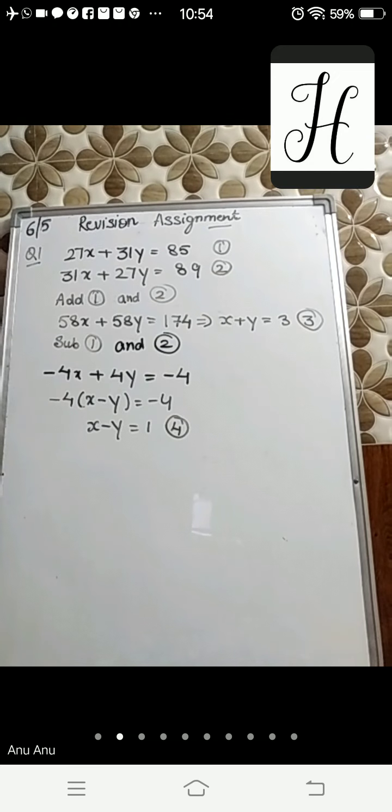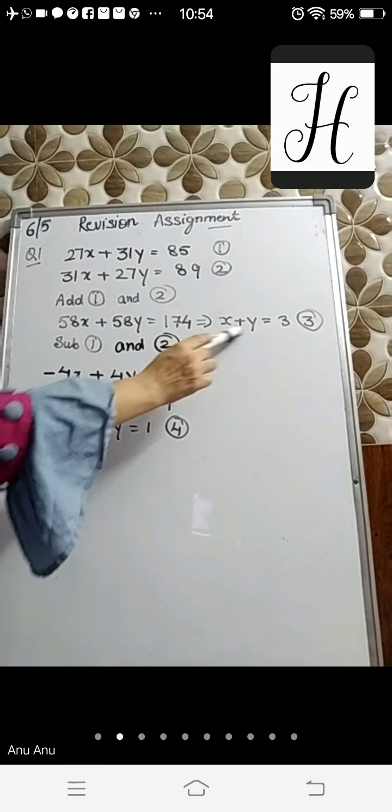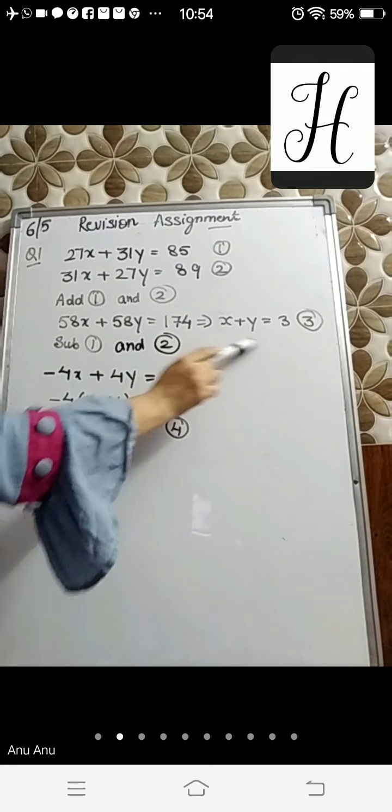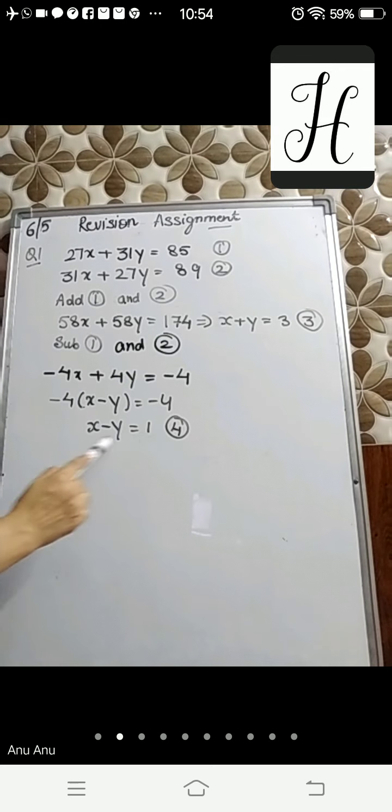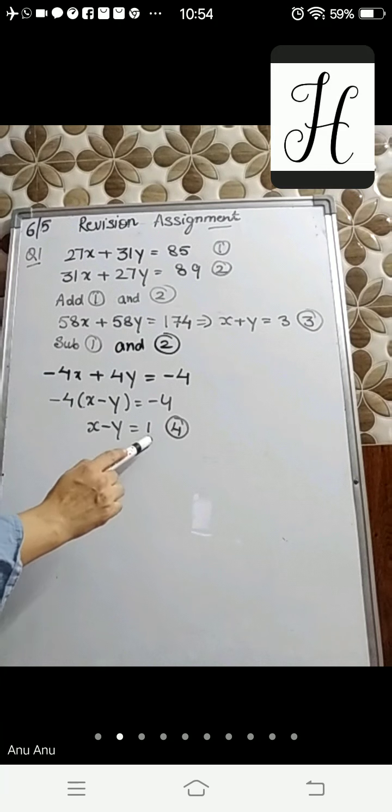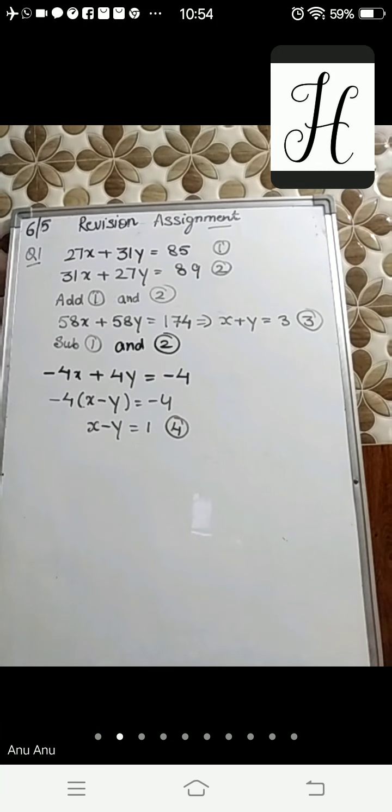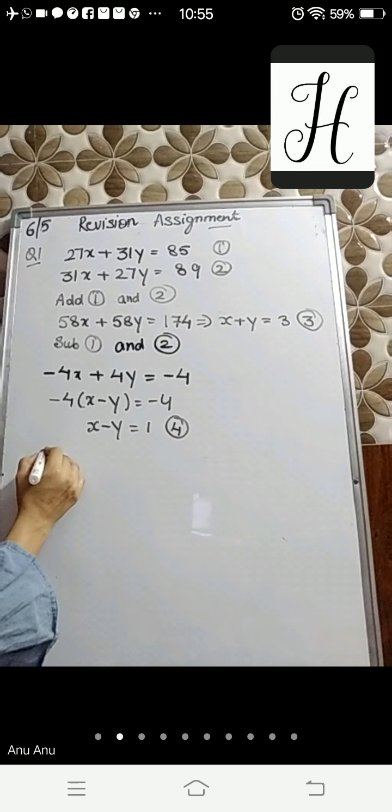This is the only reason to add or subtract them: the coefficients are exactly the same and they are very big numbers, we want to reduce them. That's why I have added. After addition it is reduced to x plus y, and after subtraction it is reduced to x minus y. Now both the equations have reduced to lowest terms, so you can solve them. You can add them, because y has two different signs. So you will add